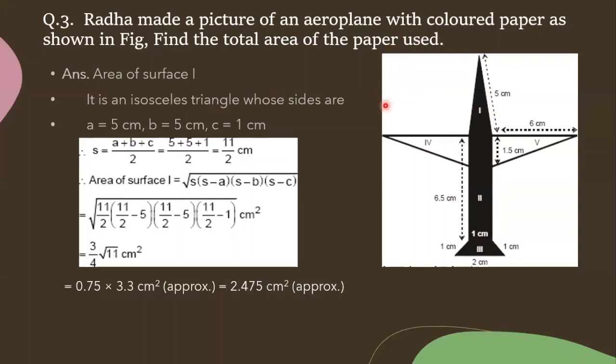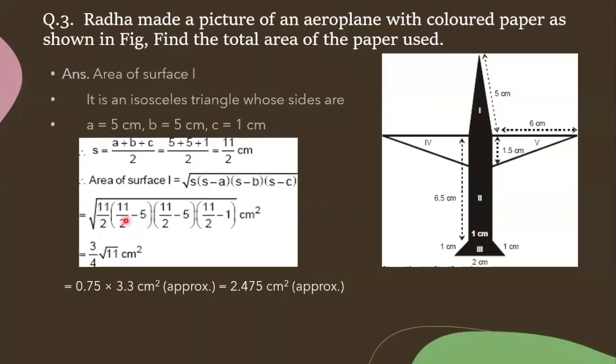Sham, Gagan, you need to wait for some time. I'll come step by step. I'll explain how we are finding this height. Yes, ma'am. We already learned in our previous class how to find the height. Okay, still I'll explain. So first, the semi-perimeter for the first part is 11 by 2. As I said, you can take decimals also, but you'll find it a little bit difficult. You can do it, no problem in that.